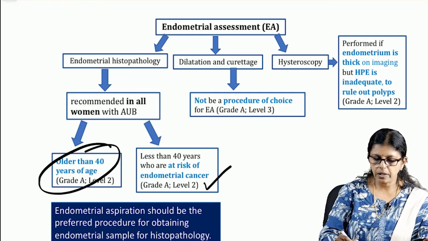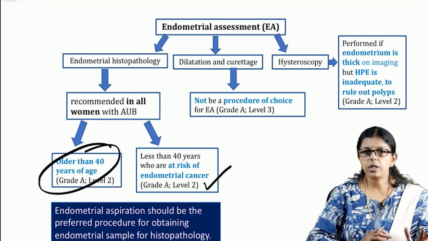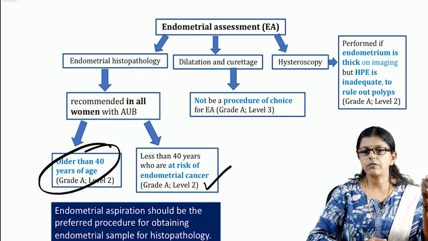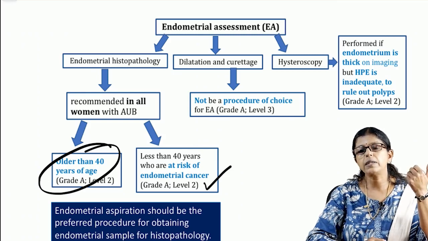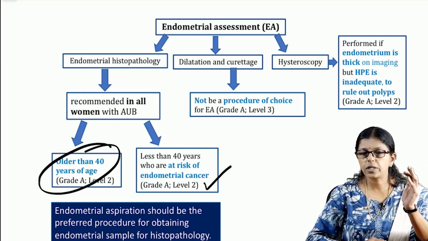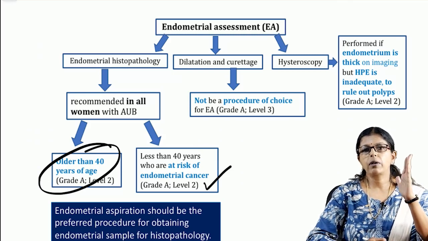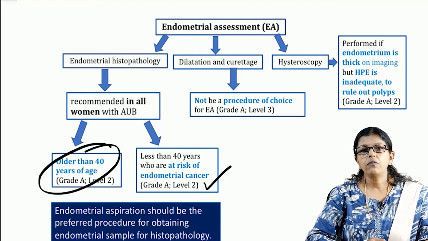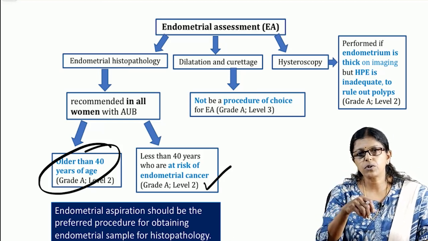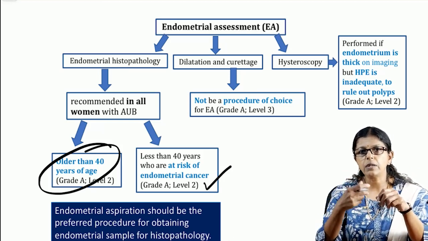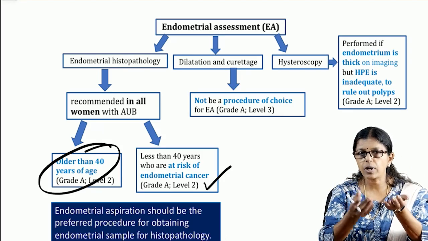As I said earlier, a DNC was what we were doing traditionally over the last so many years. For that you have to take the patient to the theatre, you have to dilate the cervix and then take a sample. So that means anesthesia is needed. And now we have what is called PIPELLE or endometrial aspiration, by which without dilatation a very thin cannula is introduced into the uterine cavity and you have a syringe at the end. So once you move it and you can aspirate it,